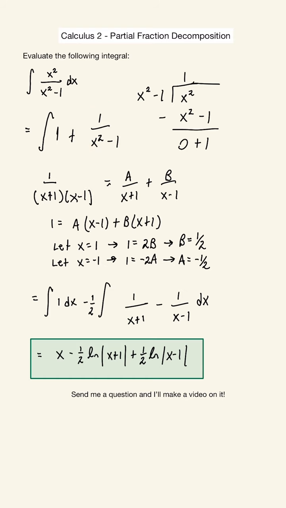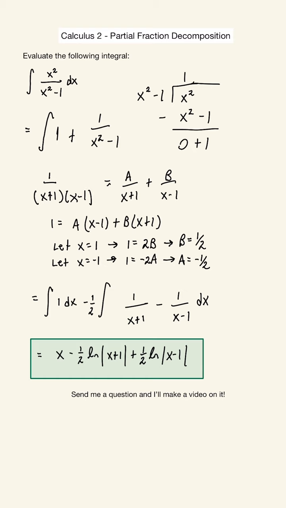So essentially what we've done is we've rewritten our original integral as a new integral that is something we can evaluate. So here we know that the integral of 1 will just be x, so we don't have to worry about that. And now we're going to focus on doing the integral of 1 over x squared minus 1. And so when we evaluate this for integration, we can see that we'll have to use partial fractions decomposition for